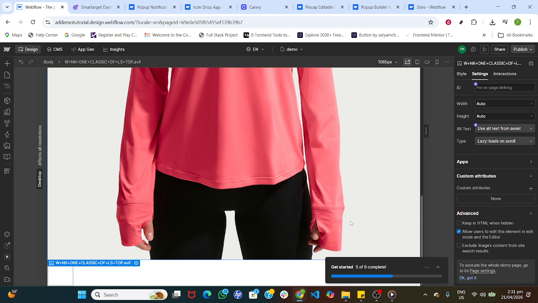Once the publish completes, visit the live site, click the image, and confirm it takes you exactly where you expect. If anything doesn't behave as planned, revisit the image selection, the link field, and your anchor name value to ensure everything matches. That's it. Your image now works as a clean, accessible